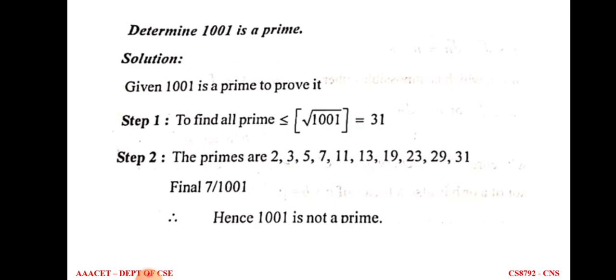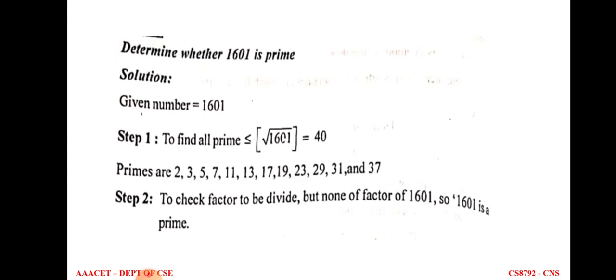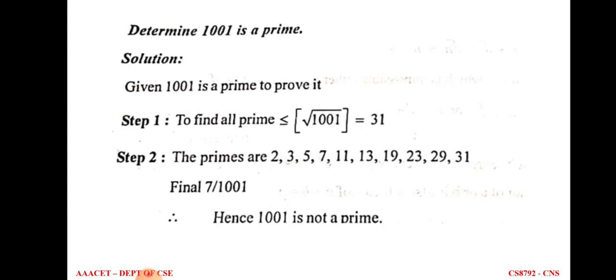So we are taking 31 in this step because in this problem we are not taking 38, 39, 40, because 38, 39, 40 are all not prime numbers. Here 30 is not a prime number, so we didn't write it, but 31 is a prime number, so we are taking the value 31.